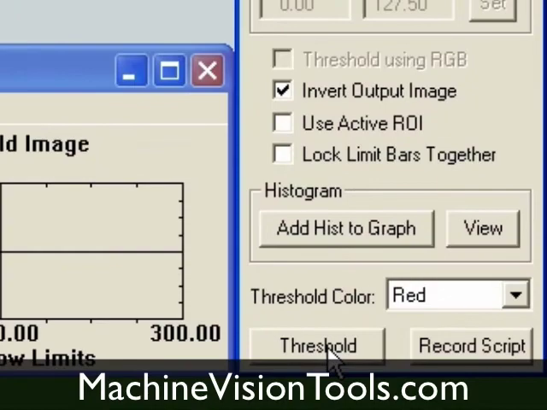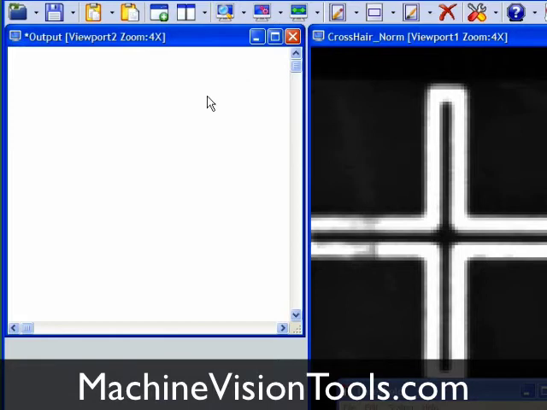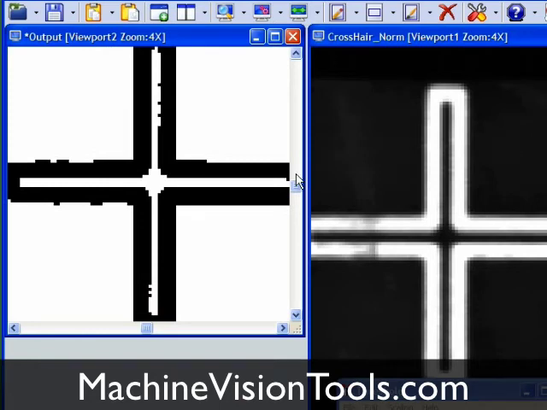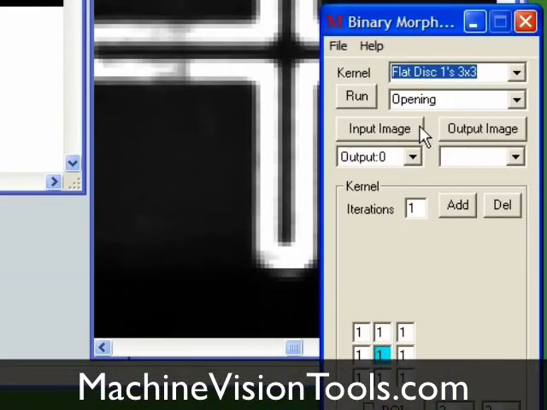Now we'll click Threshold to generate the binary image, and let's tile those and zoom in. And as you can see, we have an image with a black crosshair, white inside, and jagged edges just like we saw on the mask in the Blob Analysis tool. At this point, we're headed towards exactly the same results as we had using the Blob Analysis tool's built-in thresholding features. But since we've created our mask image separately, we can now use the binary morphology tool to smooth out those edges. We'll select the closing operation, set output, our mask image, as both the input and output images, and